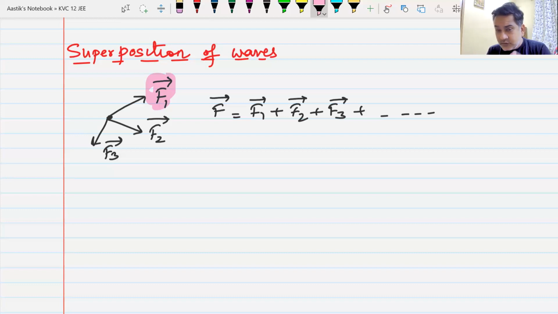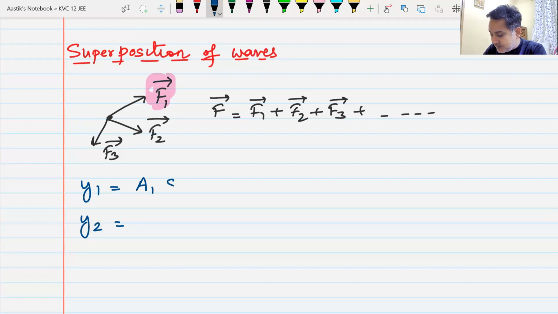Therefore, if I have two waves in the same medium, if I call the first wave y1, and the second wave y2, and if I write y1 as a1 sine omega t, and y2 as a2 sine omega t plus phi,